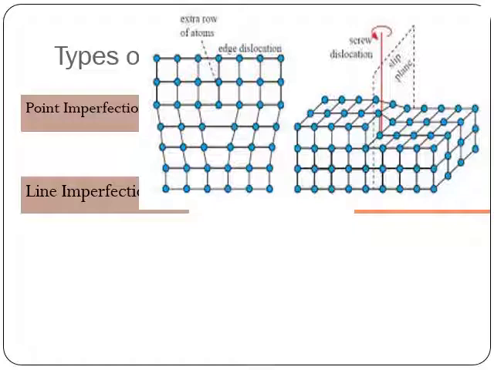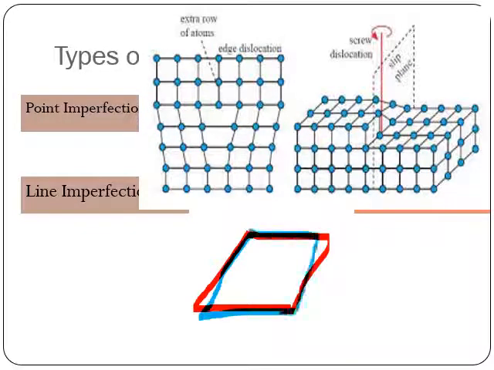Okay, now one more category is the screw dislocation. A screw dislocation is something where a part of the crystal is displaced. It is something like pushing your cards. If I have one card here and one more card above it, like this, I am going to displace the upper card with respect to the red one by this much. This will stay here only, but this will be placed like this. It is displaced from here to here. This is what we call a screw dislocation.